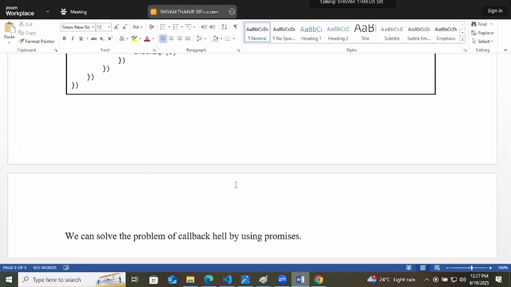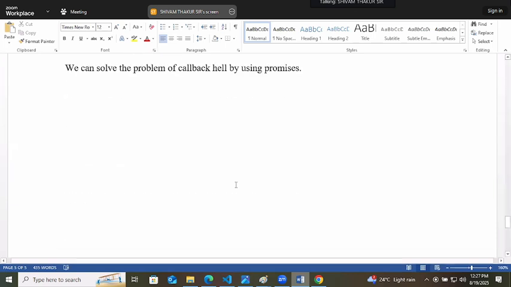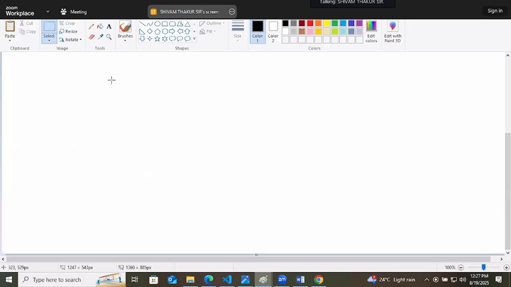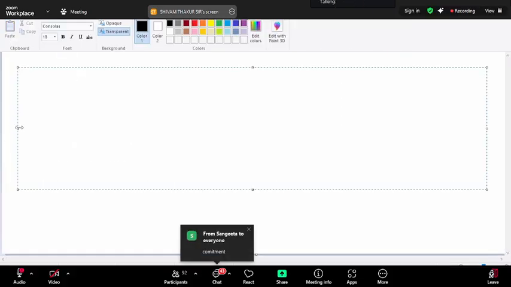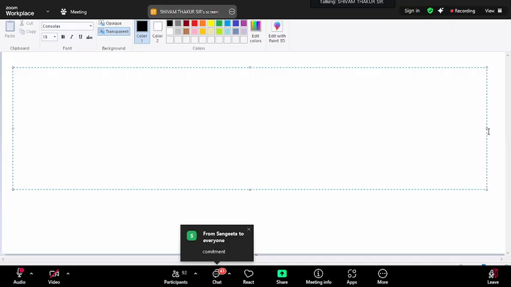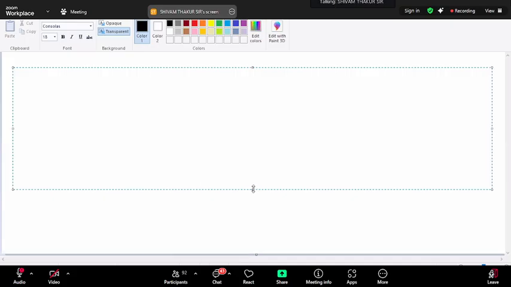By the way, in real terms, what is a promise? In real terms, in a normal way, what is a promise? Because the promise of real life is related to commitment. Yes, kind of, we can say commitment.